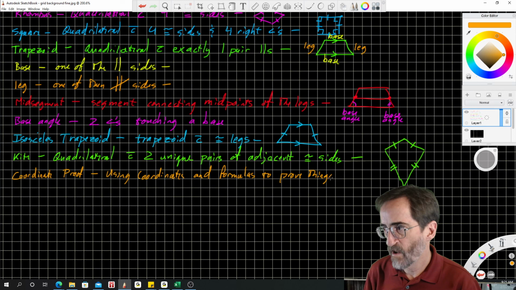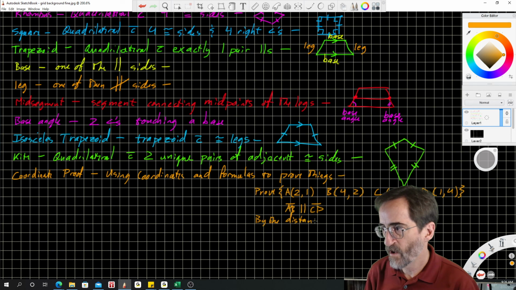Okay, and I would say by the distance formula, not the distance formula. To prove they're parallel, we need the slope formula. By the slope formula, the slope of AB is change in y